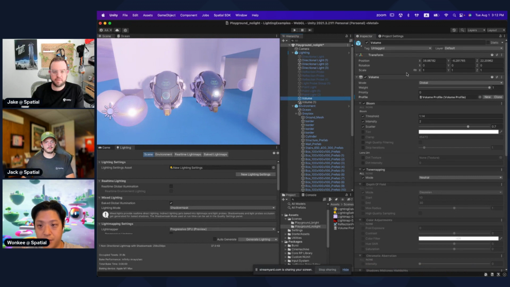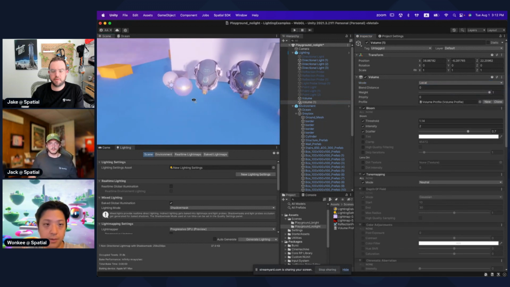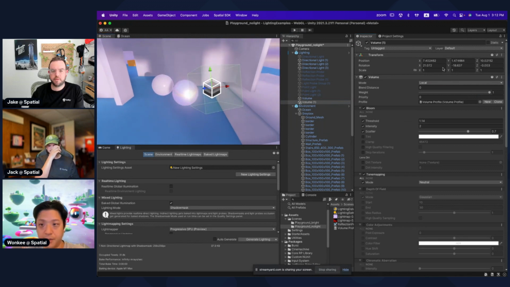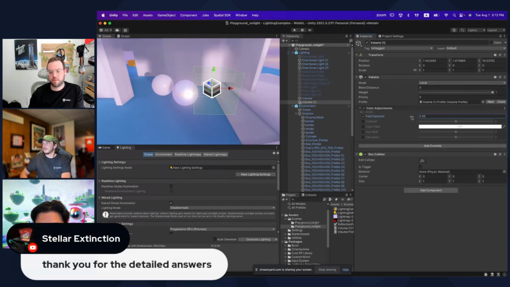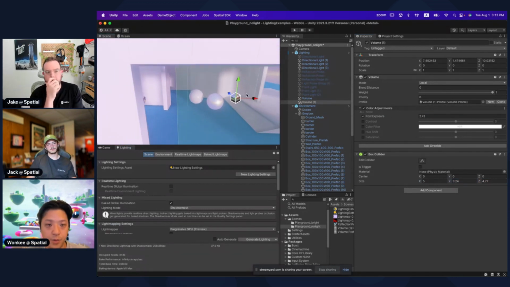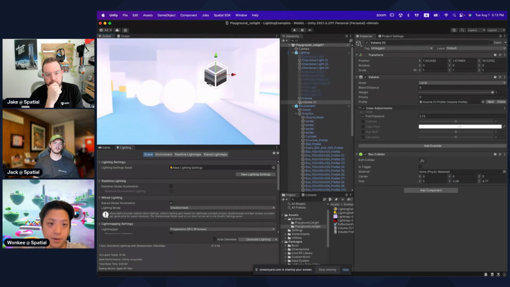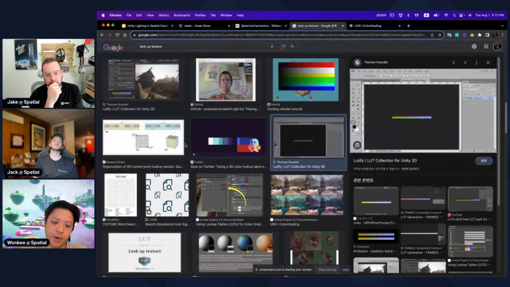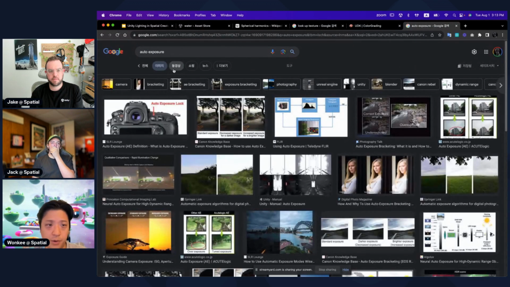And for volume, there are two different types, right? One is global and one is local. What local post-processing does is, if I add one more, maybe I make it export here and expand this area, it means this post-processing will be applied when you are inside of this area. You can use this because Universal Render Pipeline doesn't support auto exposure, which is pretty important for high quality